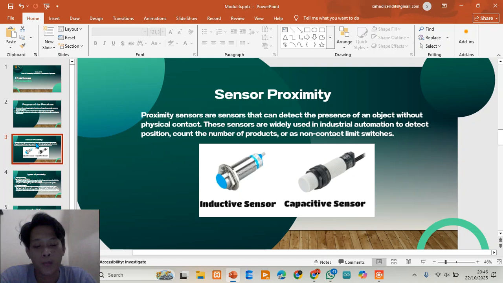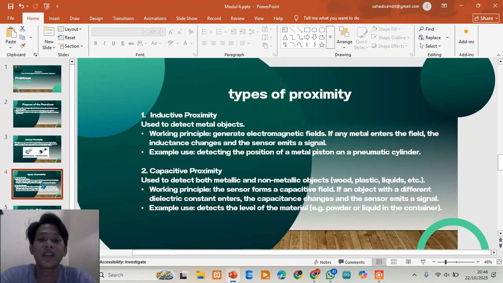There are two types of proximity sensor: inductive proximity sensors and capacitive proximity sensors.